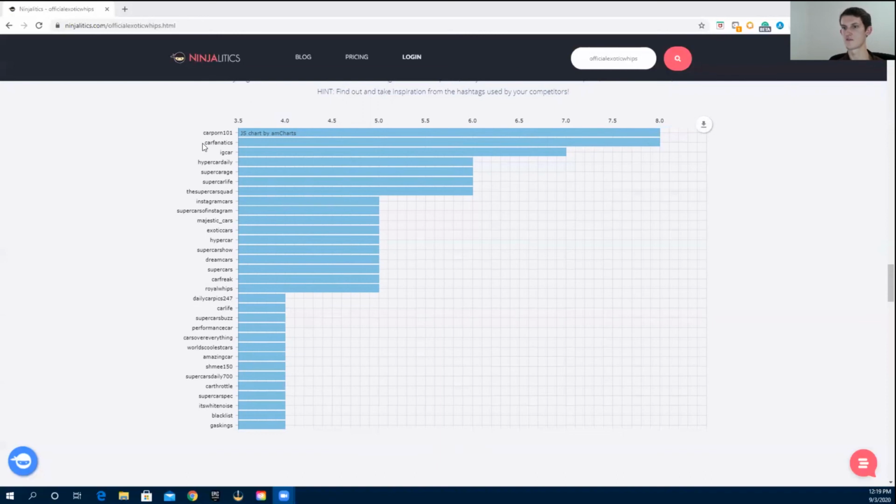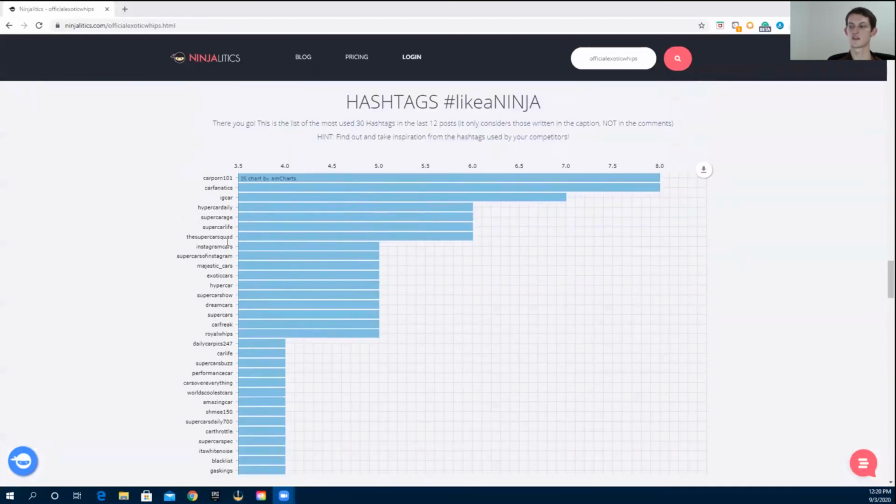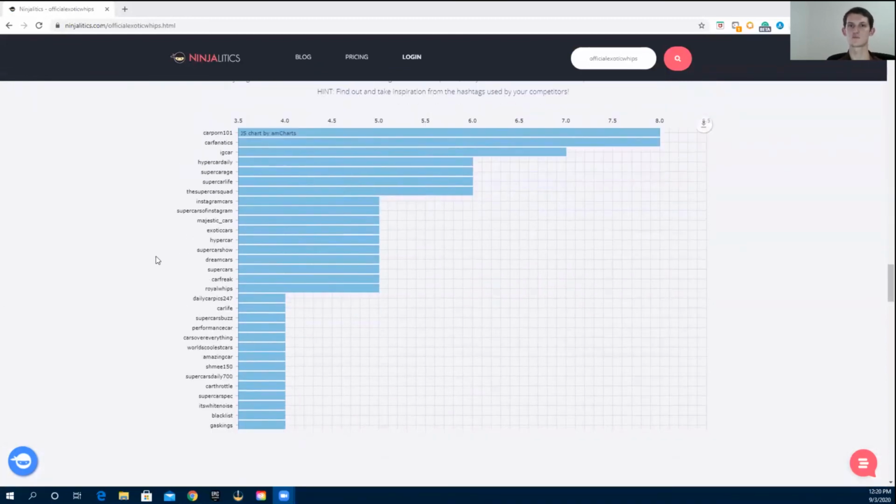And then in about 15 to 20 days, you're going to be able to come into Ninjalytics and they're going to have a list just like this for you on your top performing hashtags. Once you get this list, you can copy all of these down into a Google document or a Word document and just paste them into every single post, because that way you know you are using the highest performing hashtags for your posts and your account. You're going to get more exposure, therefore more followers, therefore more possible leads in the door for your business.